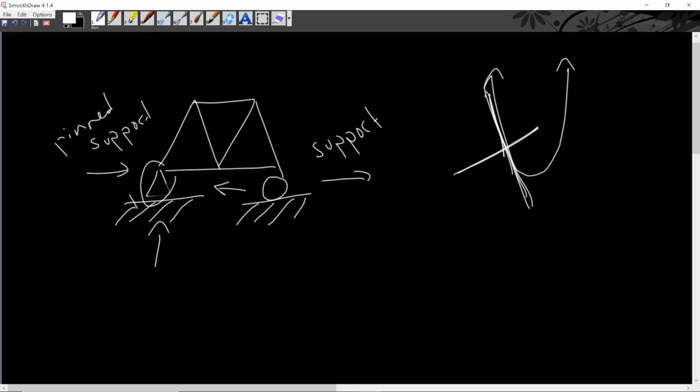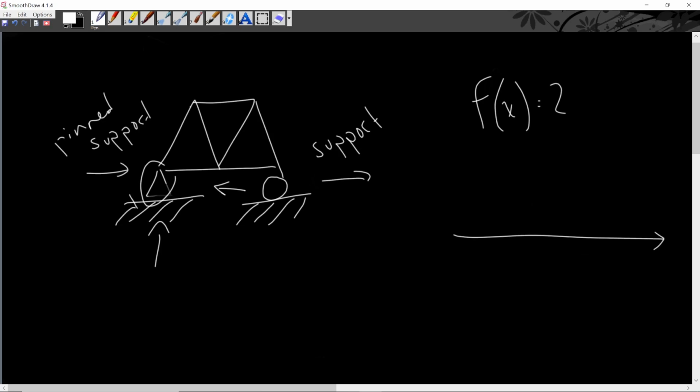So if we think of a constant function, like f of x is equal to 2, I know we're getting into calculus, but if f of x equals 2, then if you have an x and y axis, y would equal 2. And on this line, each of the tangent lines will be horizontal, and each of the normal or perpendicular lines will be straight up. So these roller supports can prevent normal or vertical translation,